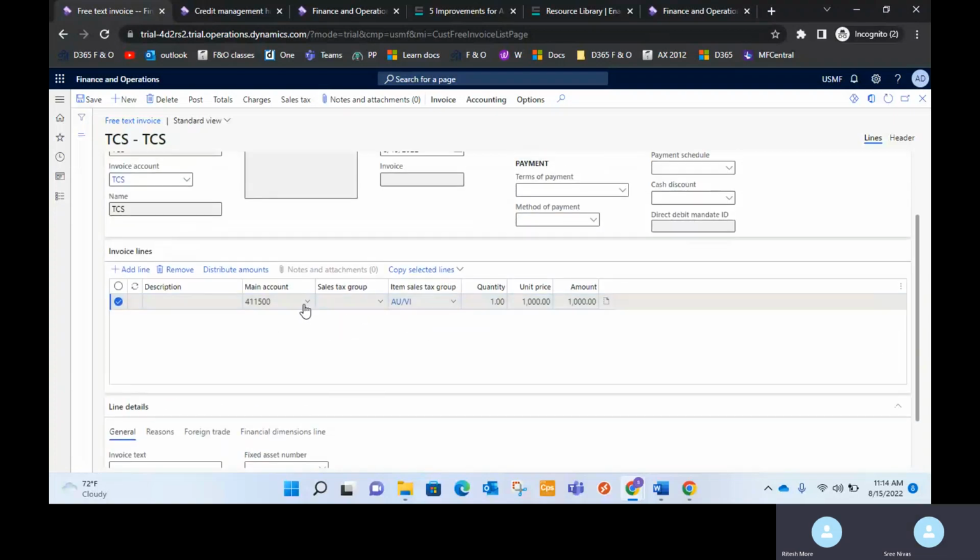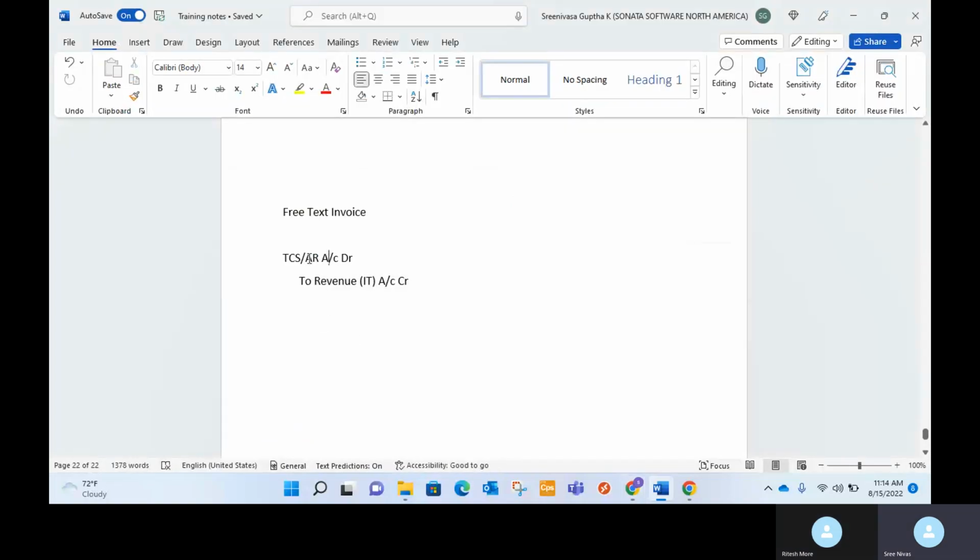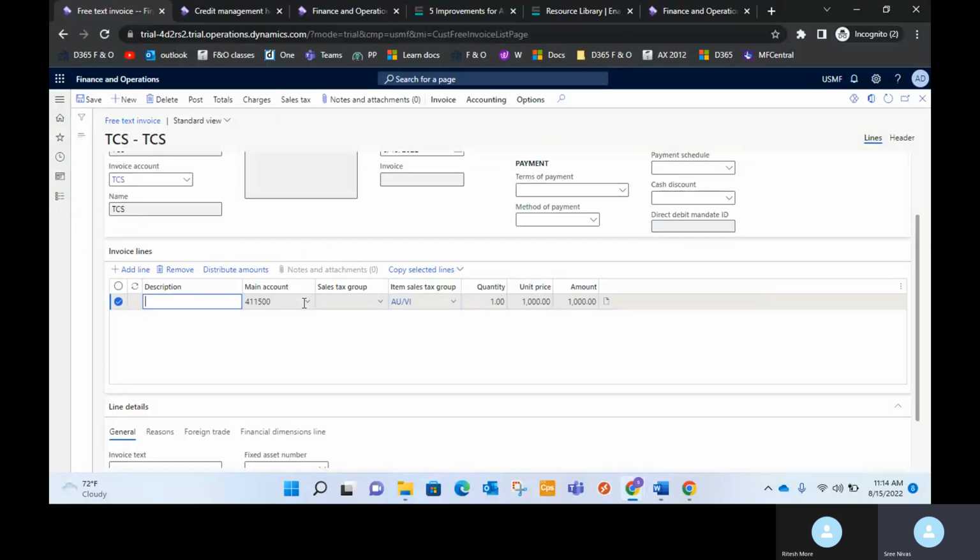So here we'll have to select the revenue account. As per the journal entry, the TCS account, or accounts receivable account, is debited, and the revenue account is credited, right? So we'll have to select the revenue account here. So let me give it as IT services here. Description you can give as IT services, and quantity I have entered one, and the unit price is